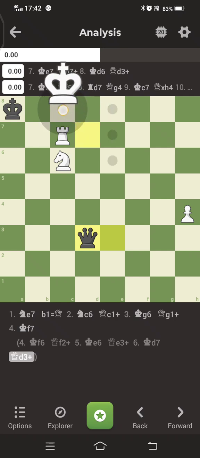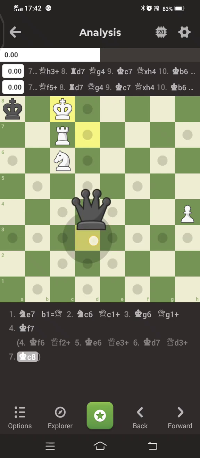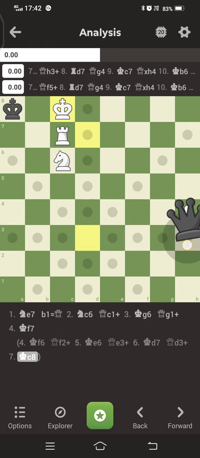King moves to c8, and now queen cannot give check. All the positions from which queen can give check is only this square. Now if queen gives a check here,